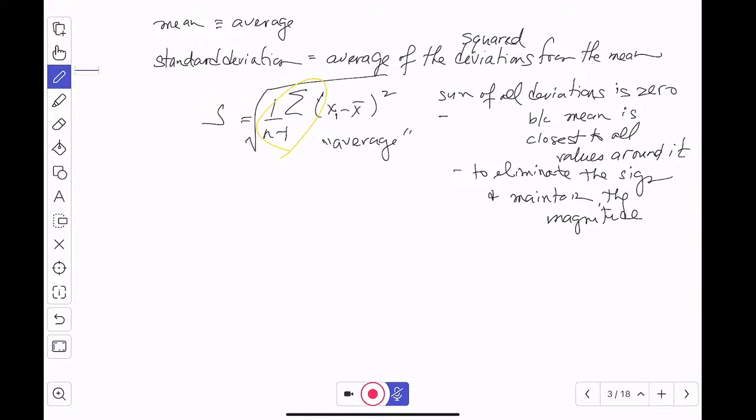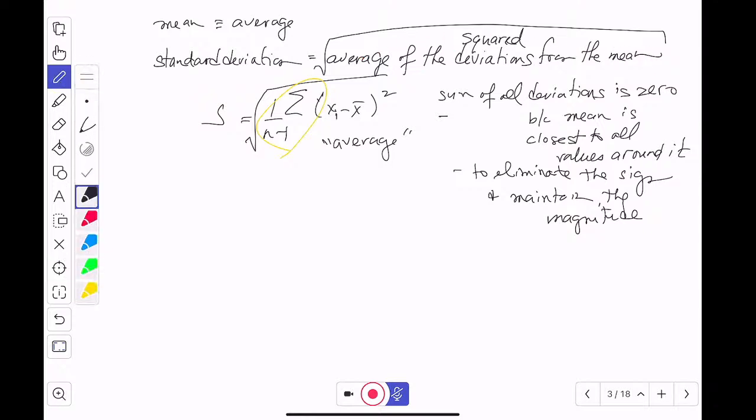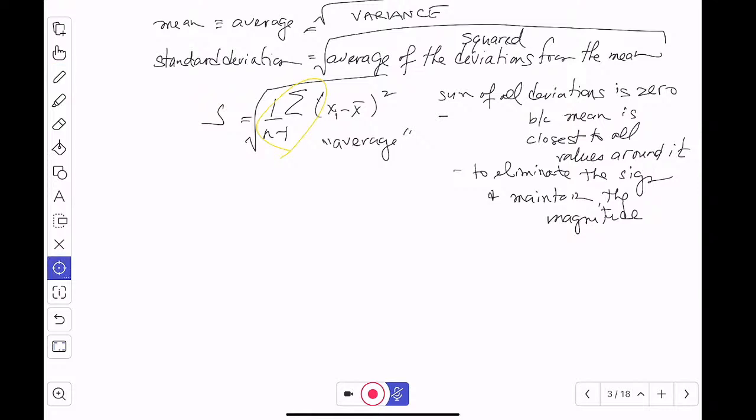I have to put this on here. Okay, so the standard deviation is the square root of the average of the square deviations from the mean. This thing is called the variance. I'm doing a really fast summary, but you can watch all this in the videos. So this in here is called the variance. When you take the square root, you get what's called the standard deviation.